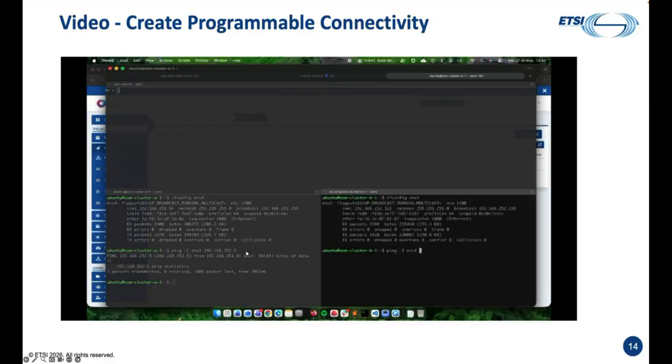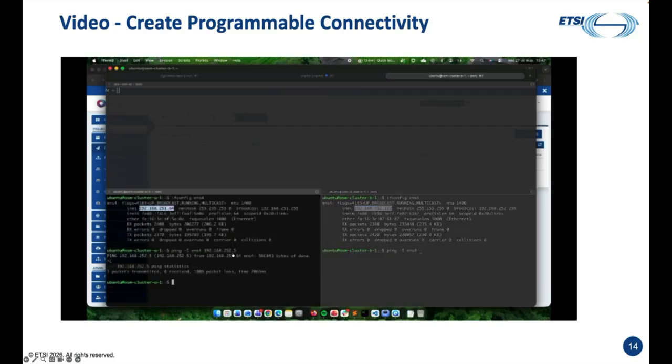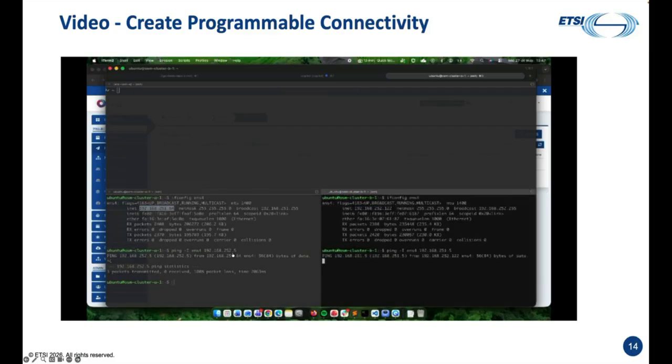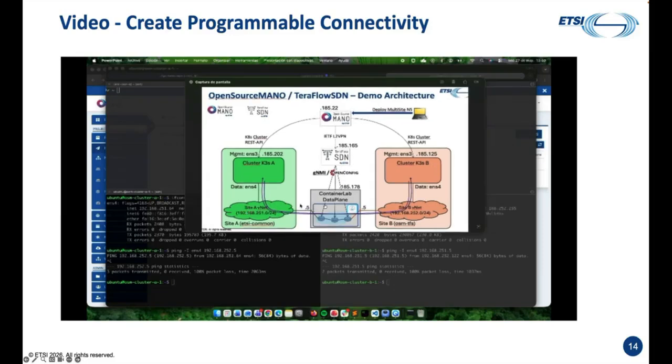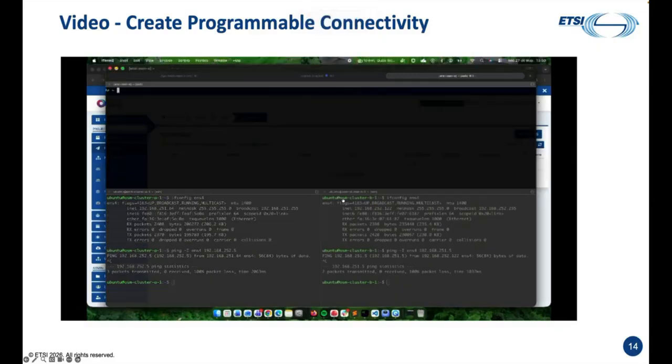We are pointing to the .5 because it's a configuration that is created on that containerlab application, in the network that is simulated there. We are pointing to the .5 because it's an IP that is assigned to the two sites, right? So